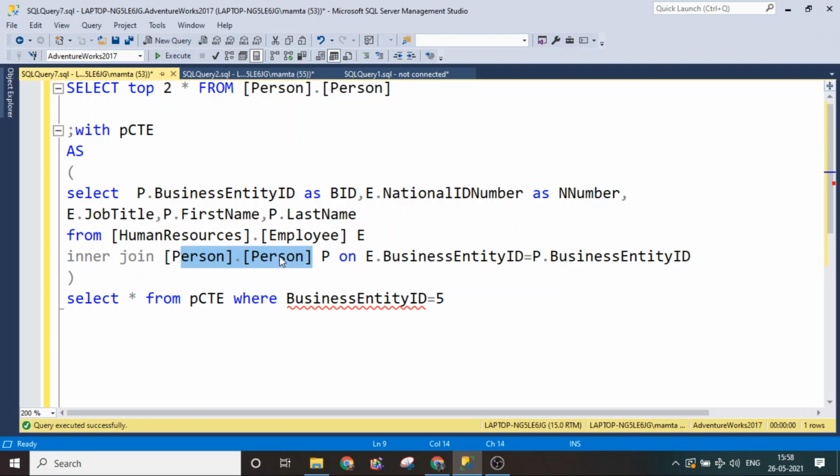The person table gives the personal details of everyone, like first name, last name, address details, telephone details; all these details are available in the person table. And employment-related details are available in the employee table, like the national ID number, the job title, all this.